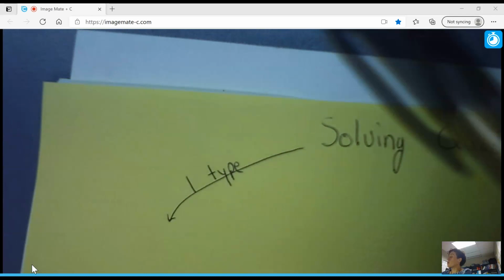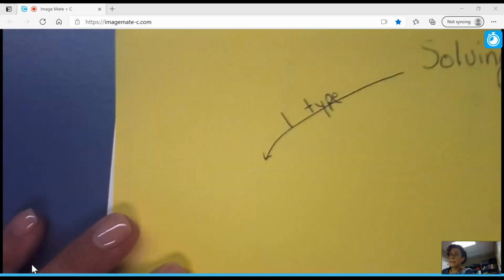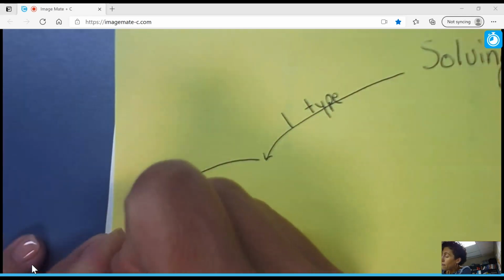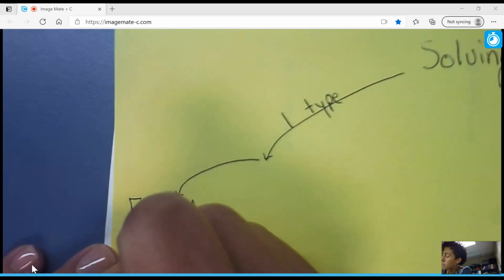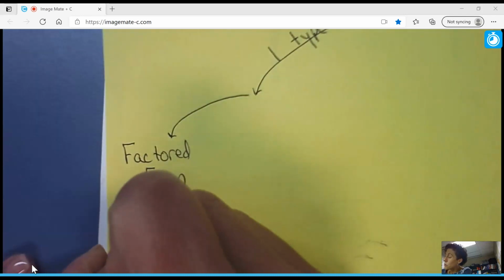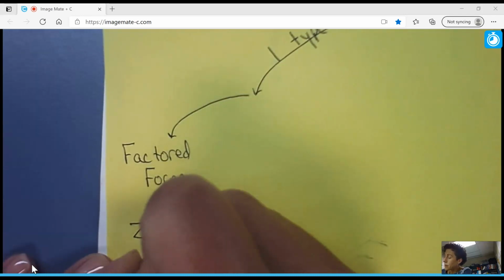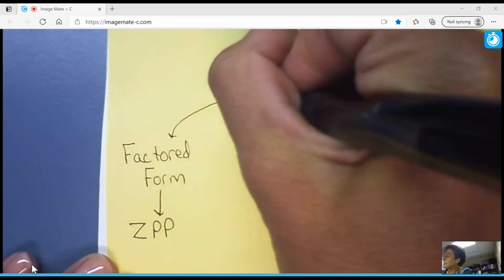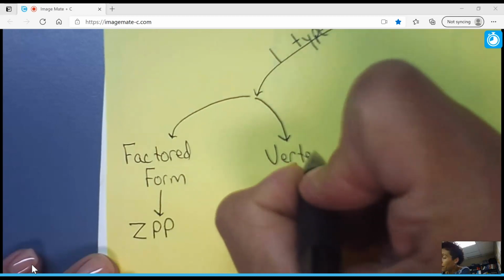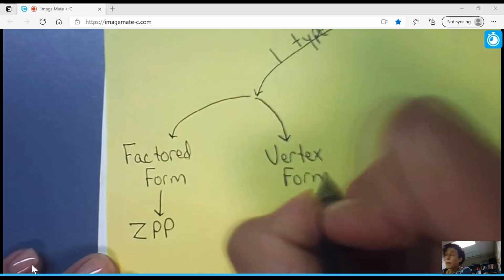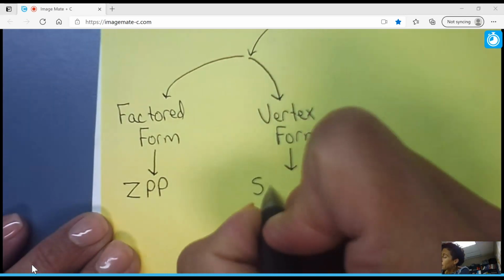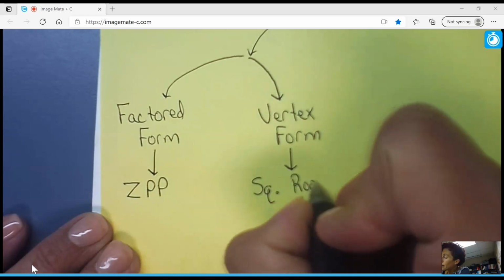Now, if there is just one type of x, what we're really going to have to look at is what form it's in. So if it's already in factored form, then this is as easy as it gets. You're just going to go to the 0 product property. Now, if it's not in factored form, then technically the form that it's in is vertex form. That's what it's called. But you'll notice it because there's just one type of x, and you are going to use what's known as the square root method,